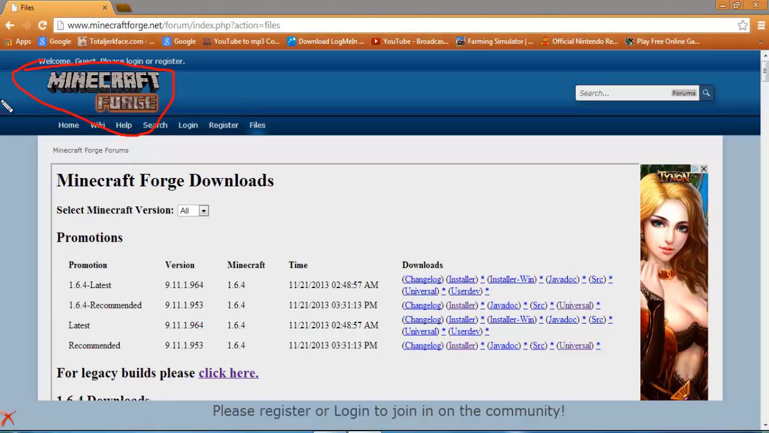So you want to install Forge first. You want to find the one that says recommended. If they have one that says recommended, find it. But if there's not one for recommended, find the one that they want you to use. So anyways, after you find the recommended,